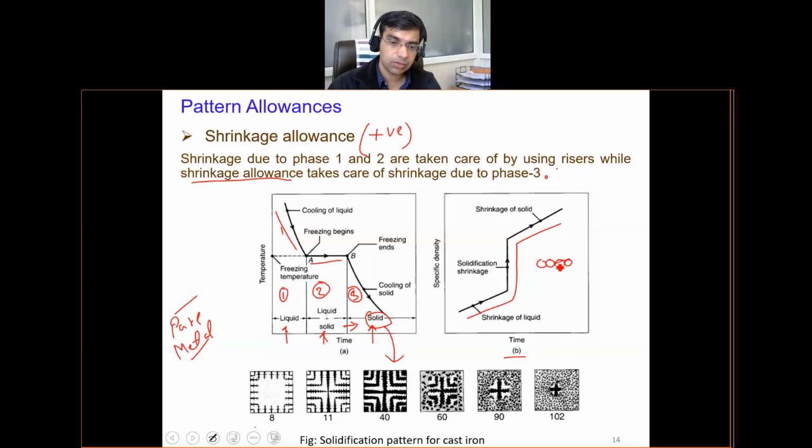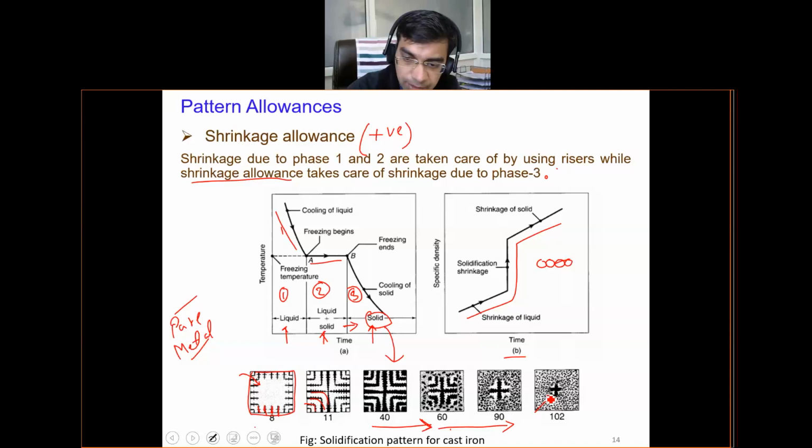And below you can see the solidification pattern for, say for example, cast iron. So what is happening? This is basically time given in minutes for a casting. When you pour the molten metal in the cavity, solidification starts from the edges. Some grains solidify at the edges. These are known as the nucleating sites. And as the temperature is lost with the passage of time, more and more grains solidify. As the solidification proceeds, you completely get an outside-in kind of solidification pattern.